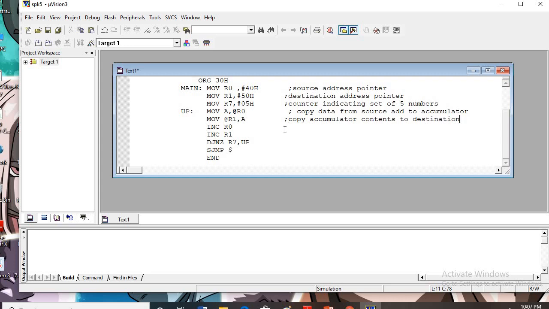Okay. Then increment source address and increment destination address.